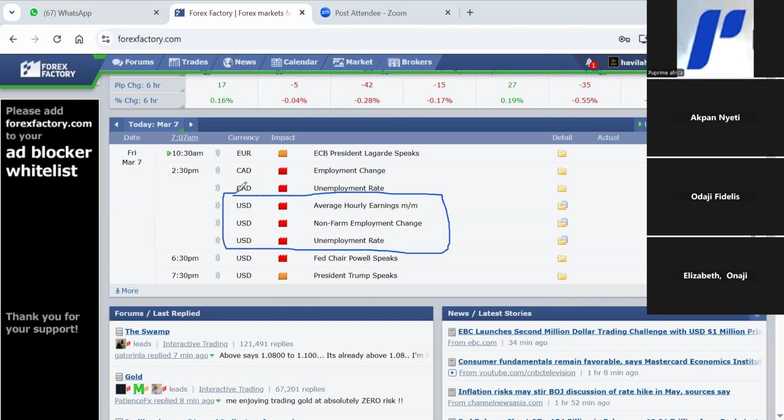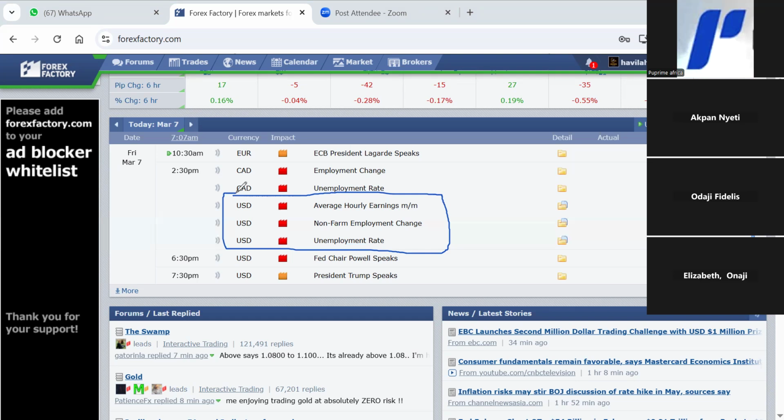And employment is a major indication of the health of the economy of the country. If people are employed, crime will reduce, the economy will grow. A lot of bad things will not happen if people have a job to do. Like they always say, an idle hand is the devil's workshop. So employment is a major economic indicator for any nation.